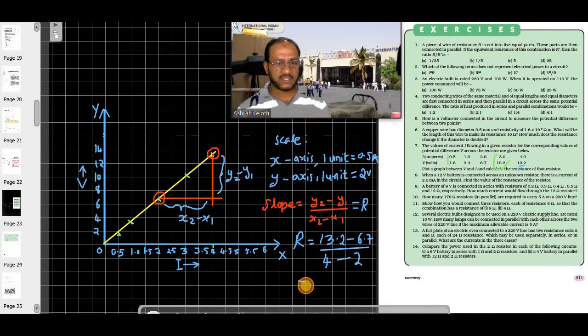So when we subtract, 13.2 minus 6.7 is 6.5, correct? So this is 6.5 by 2, since 4 minus 2 is 2. So 6.5 divided by 2 is equal to 3.25 ohm. So the resistance of the wire used in this experiment is 3.25 ohm. Question is